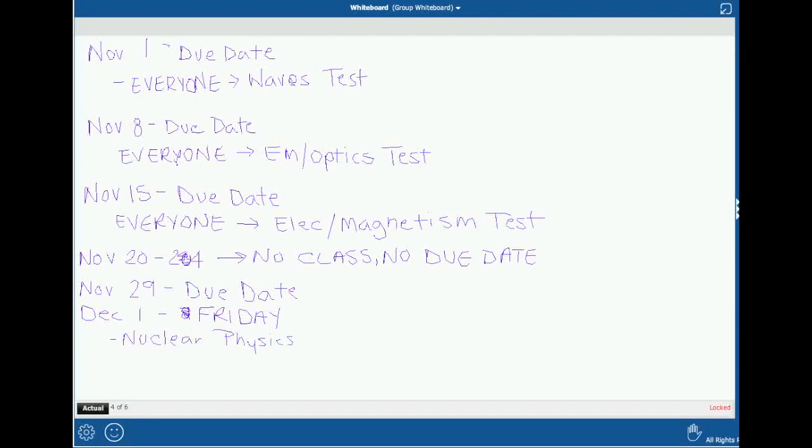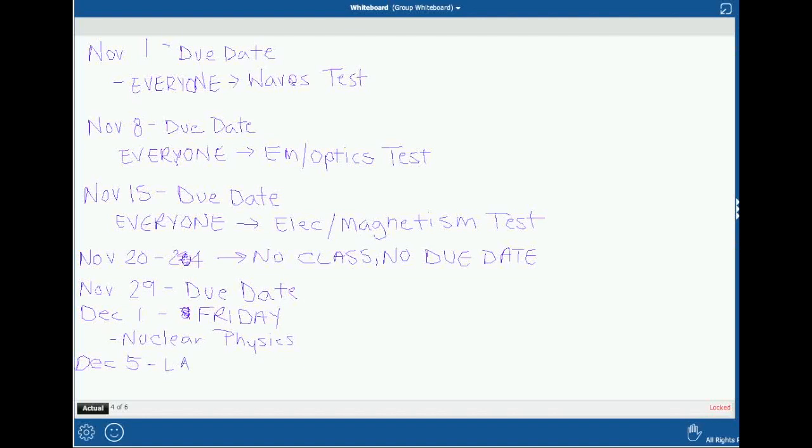If you miss that due date for whatever reason, usually you get 3 days to make up your work, right? But because this is the end of the semester and everything has to be in before the final exam starts, December 5th is the very last day